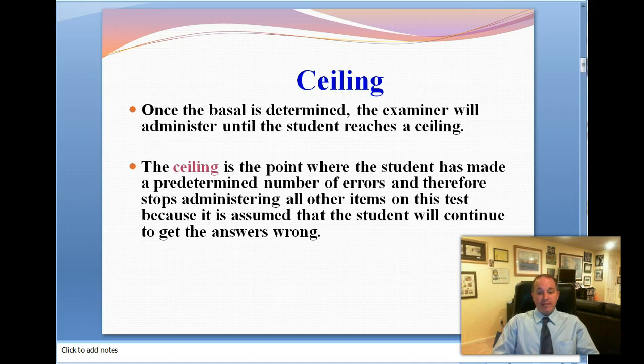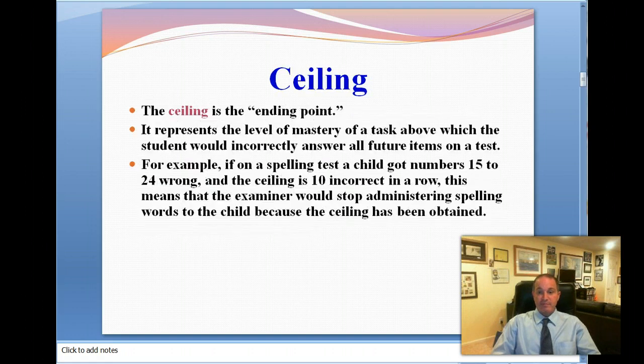So on many different tests, for example, we will have a situation where it will say, administer the items, but once the student gets 10 consecutive answers incorrect, stop administering the actual test. So the ceiling is considered the ending point. It represents the level of mastery of a task above which the student would incorrectly answer all future items on a test. So for example, on a spelling test, the child got numbers 15 to 24 wrong, and we know that the ceiling is 10 incorrect in a row. This would mean the examiner would stop administering the spelling words to the child